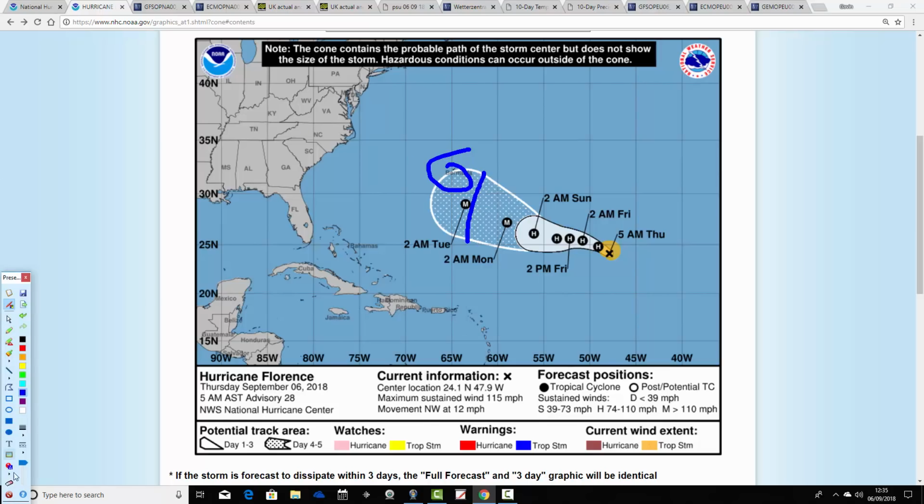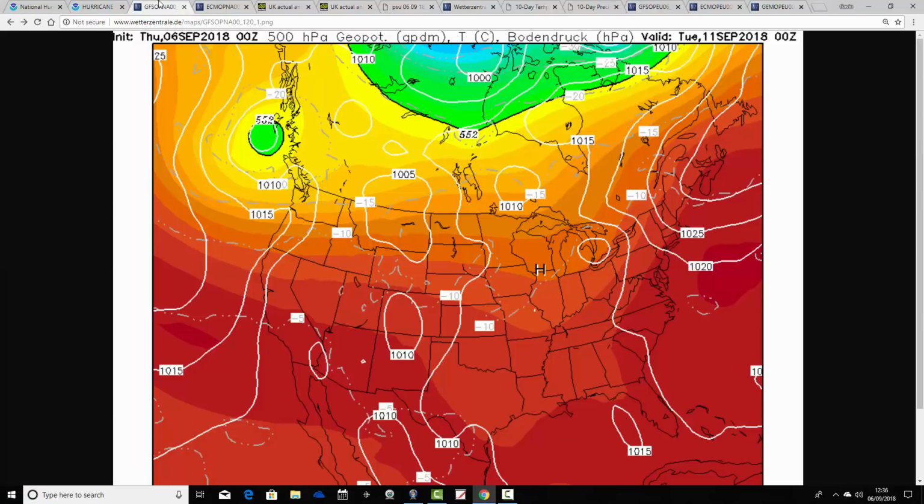So although the cone itself is only reaching Bermuda just there, of course you could get disruption beyond that cone area, and it has been getting ever closer to Bermuda in any case over the past few days. I think the islands of Bermuda really do have to watch out for this storm. And then next week, Florence might get over towards some of these states here on the eastern seaboard of the